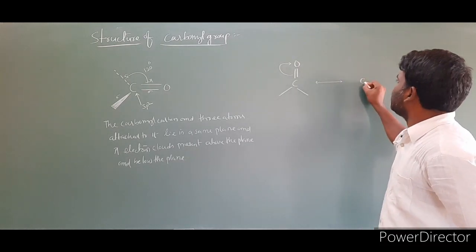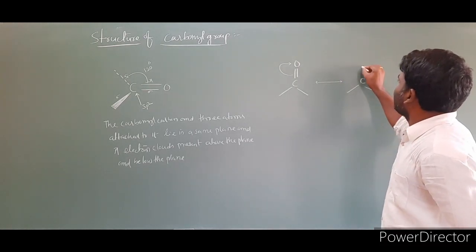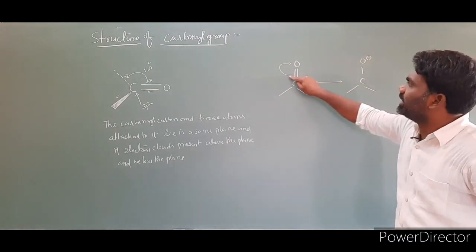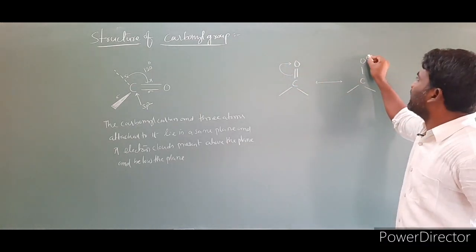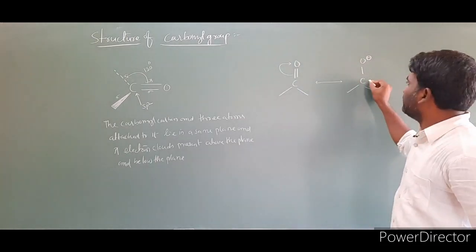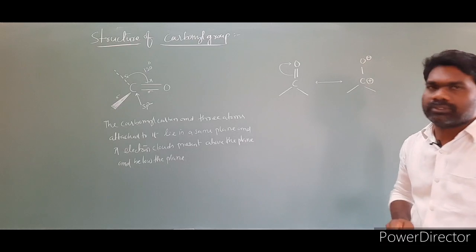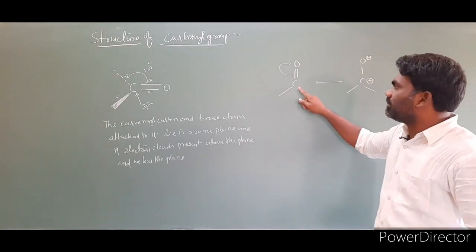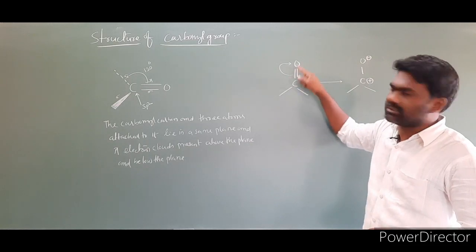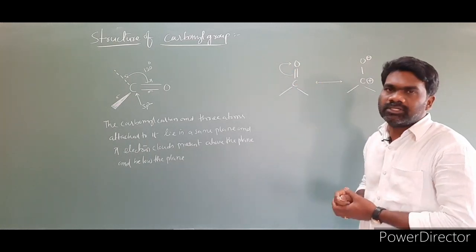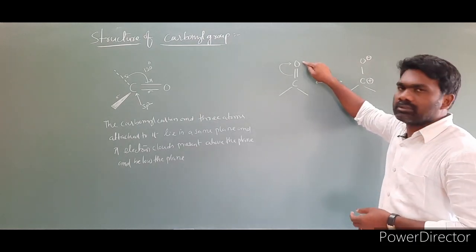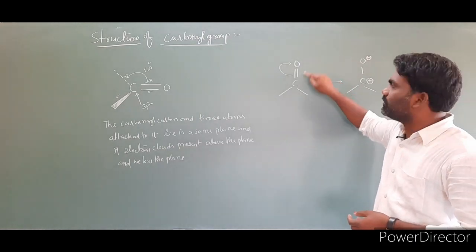As a result, we get one more structure: C single bond O, and the oxygen will carry a negative charge. The bond moves towards the oxygen, so you get a negative charge, and the electrons moving away from the carbon give it a positive charge. So the carbonyl carbon-oxygen bond is polarized. This movement we call polarization, due to the high electronegativity of oxygen relative to carbon.